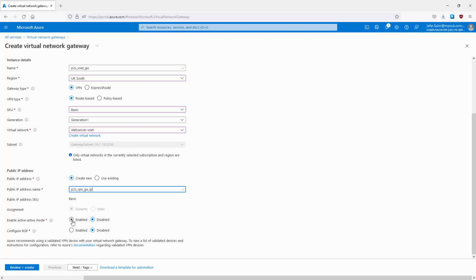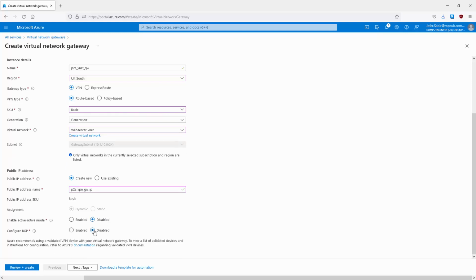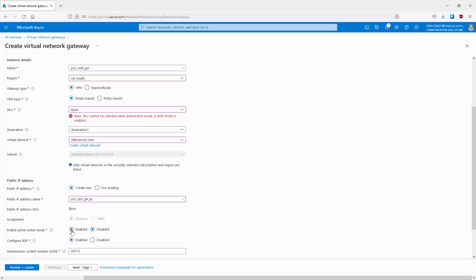And if we enable this, we can see we would need a second public IP address, I guess, for the other VPN gateway. But let's leave this as disabled. And we don't want to use BGP, but if we wanted to use BGP, we can enable it as well from here. So we can click on enable, and for this we have the option of configuring a BGP autonomous system number in here. If we are wanting to do any BGP peering with our ISP,